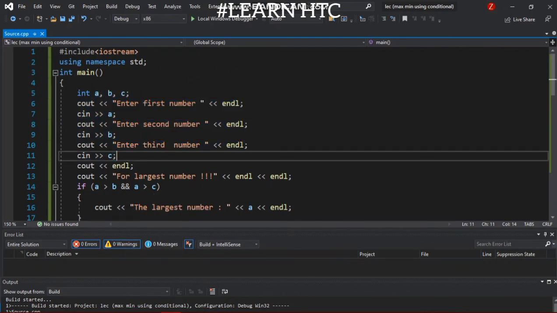It's a very easy concept. We don't have the concept of arrays and loops yet, so we can do it with conditional statements. Otherwise, with loops and arrays, finding the smallest and largest number is very easy. In our upcoming video, we will learn the concepts of arrays and loops, and then we will do it very fast. Thank you for watching this video.